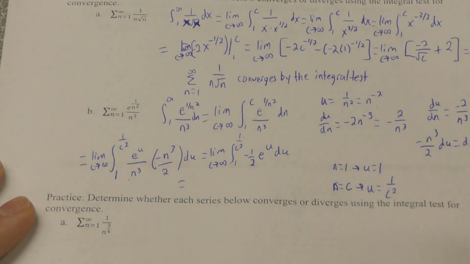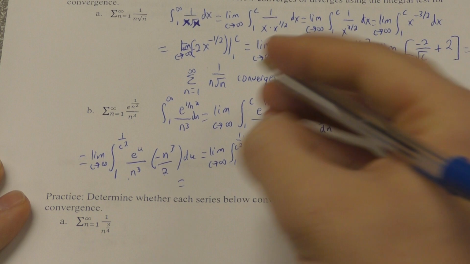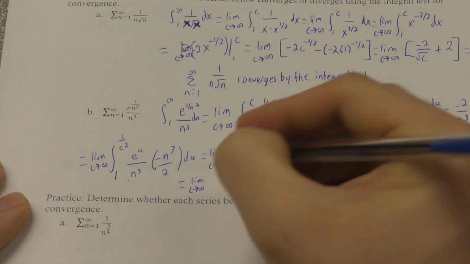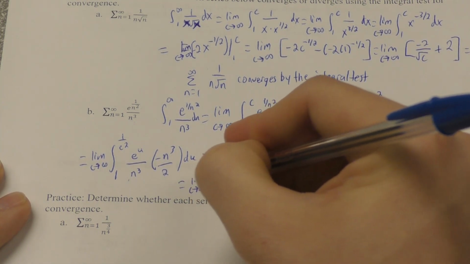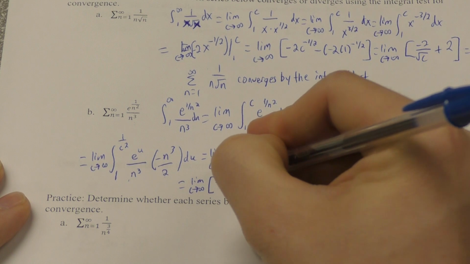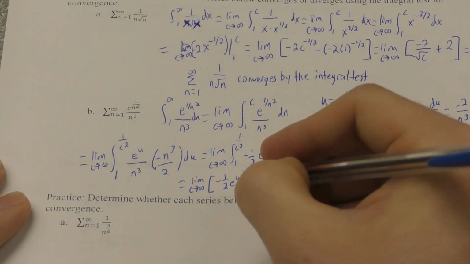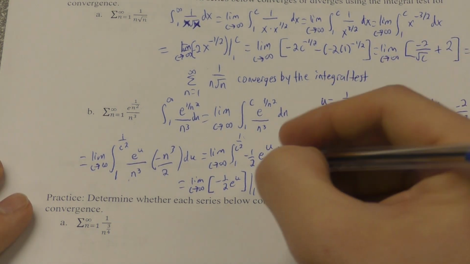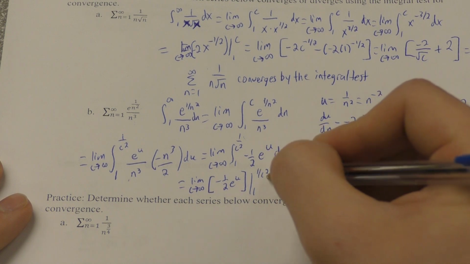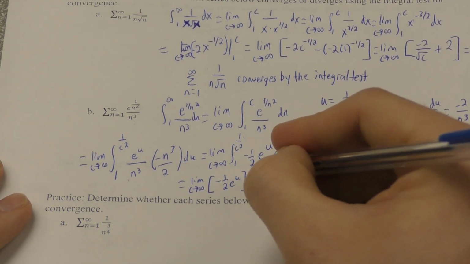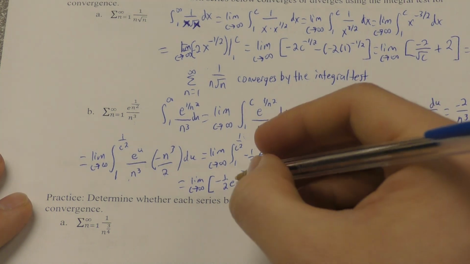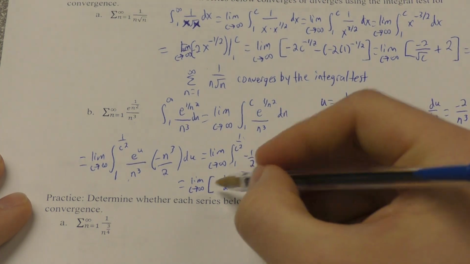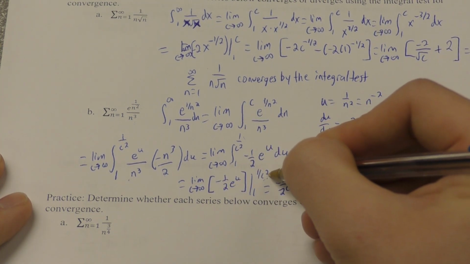Alright. So what's my antiderivative of negative half e to the u? Well, it stays the same. So this will be the limit as c approaches infinity of negative half e to the u, that's the antiderivative, evaluated from 1 to 1 over c squared. Alright, well, as c approaches infinity, 1 over c squared approaches 0. So really I'm going to be substituting in 0 there. So I would end up with negative half e to the 0, because as c approaches infinity, 1 over c squared approaches 0, and I plug that in first,